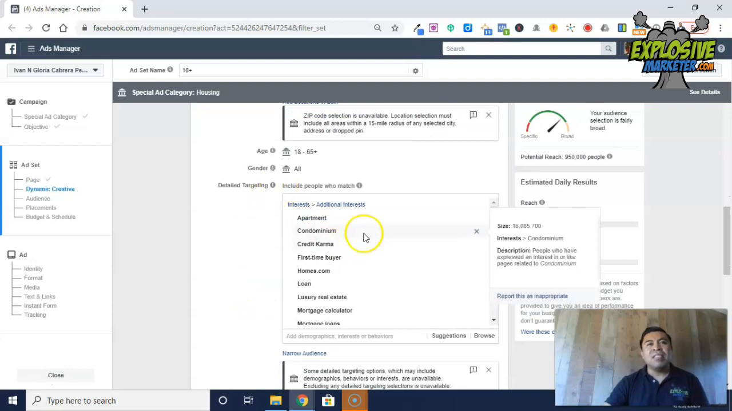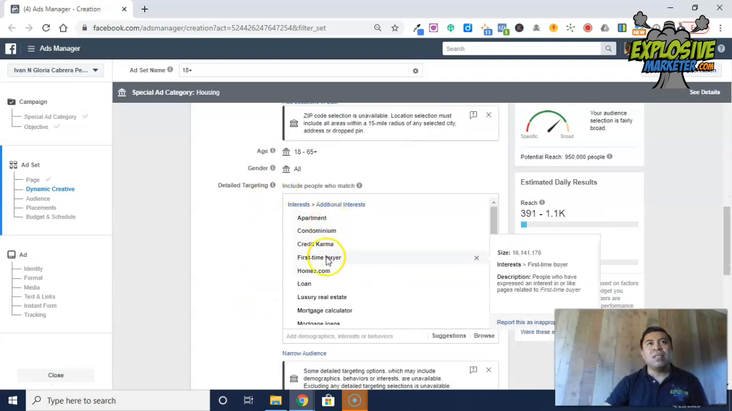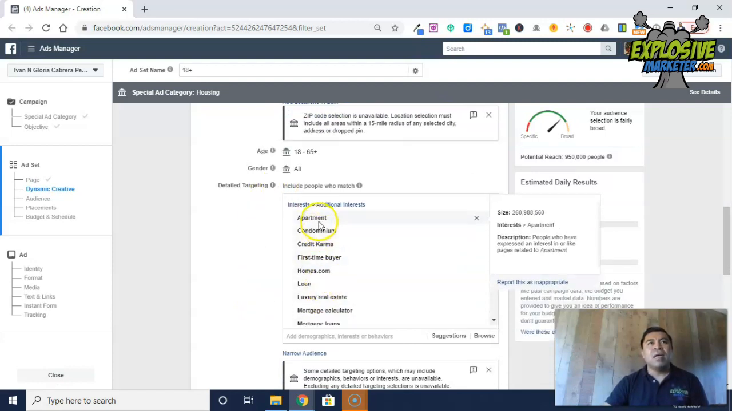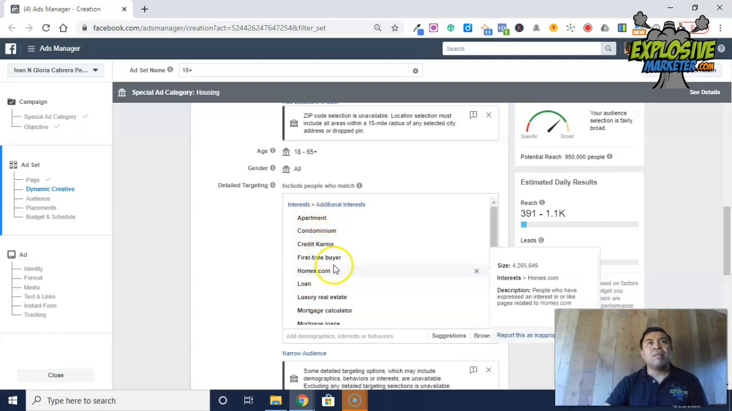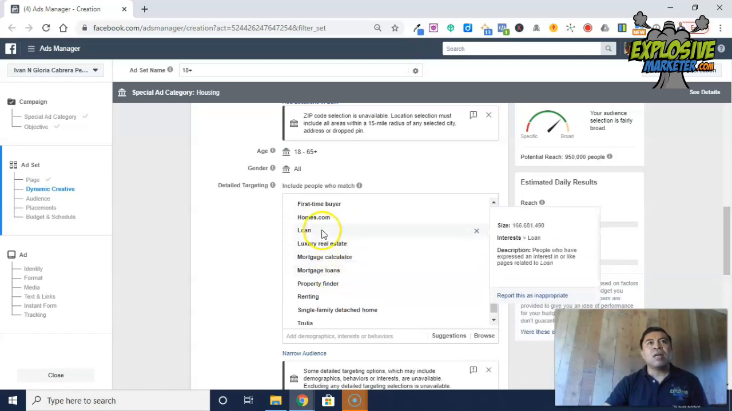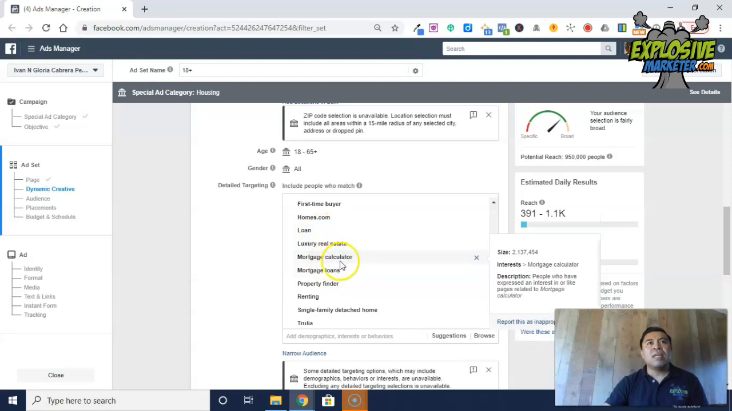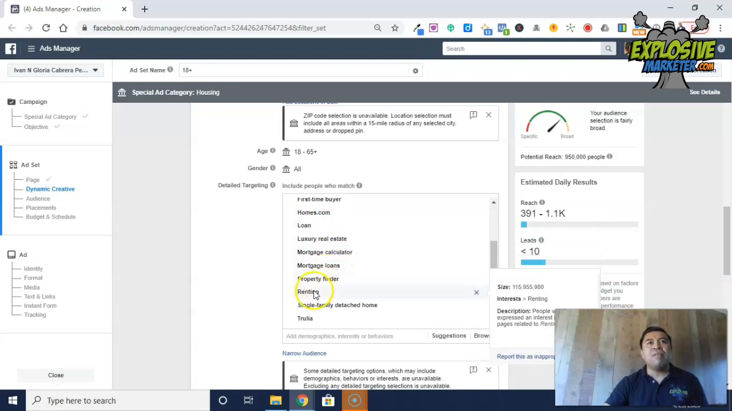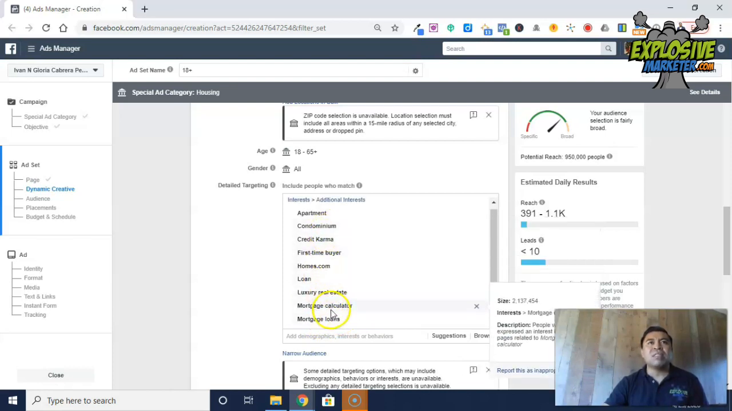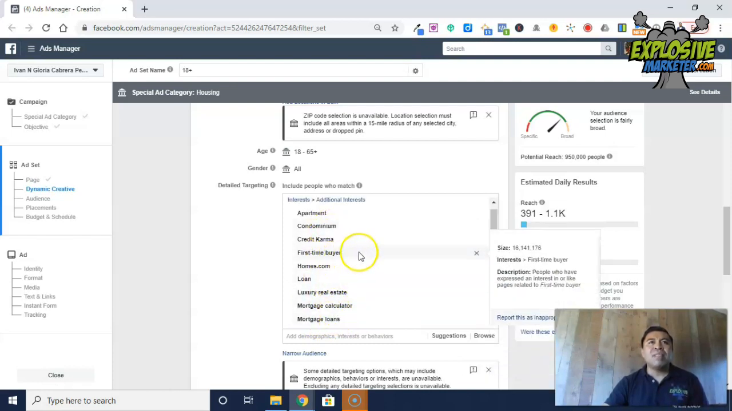But they must have shown an interest in one of these key terms right here: apartment, condominium, Credit Karma, first-time home buyer, homes.com, loan, luxury real estate, mortgage calculator, mortgage loans, property finder, renting, single-family detached home, or Trulia. So what are these pages? What are these websites? These are websites that give us a big indication that if somebody has been recently liking these kind of pages